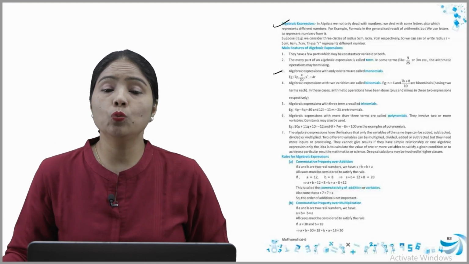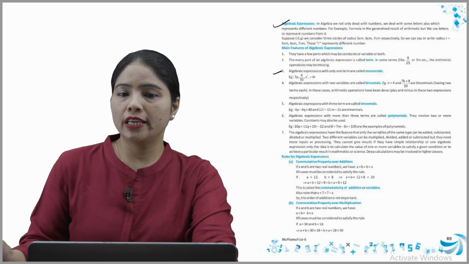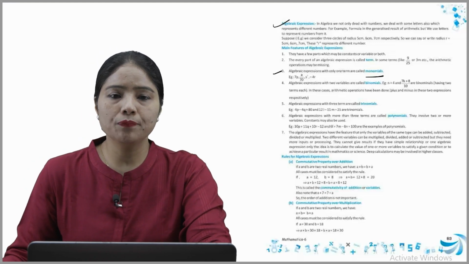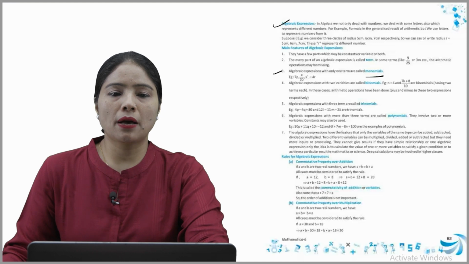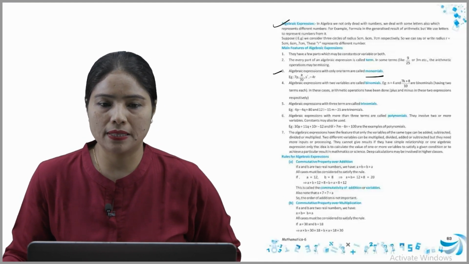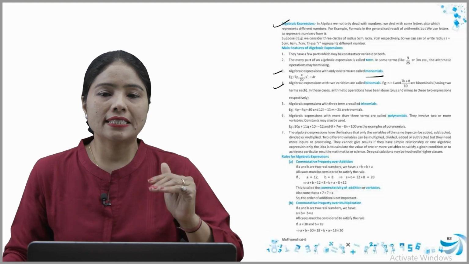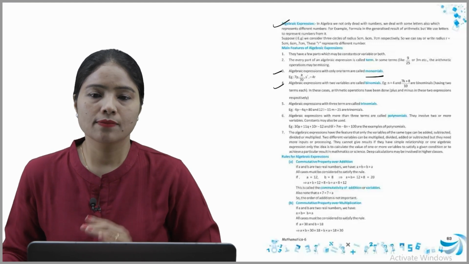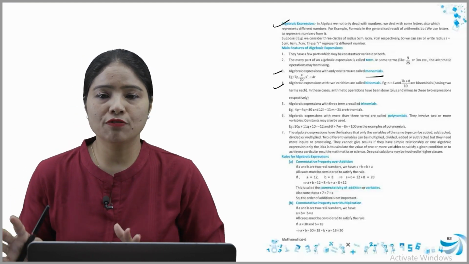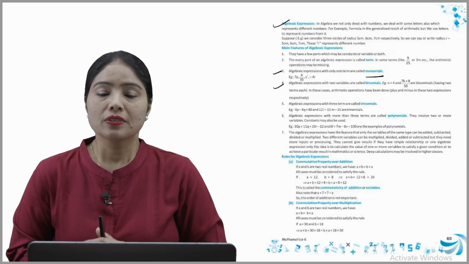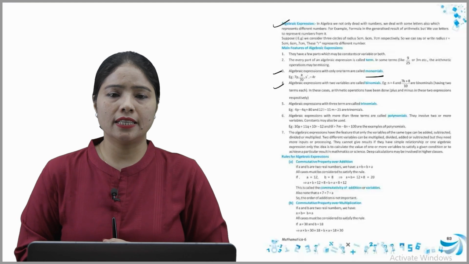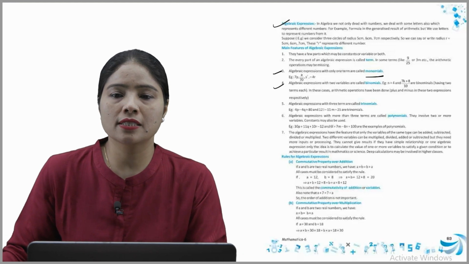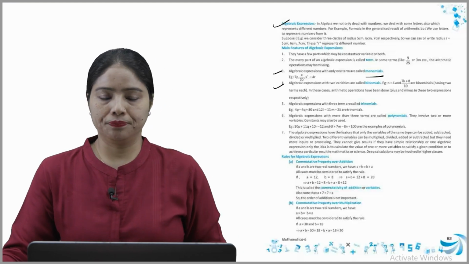algebraic expressions with only one term. Those which have only one term are called monomials, like 7p, a by 70 and s power 2 and minus 4. All these are examples. After that, algebraic expressions with 2 terms are called binomials. Means 7n plus 4 and 7k plus 8 by 10 are binomials having 2 terms each. So in these cases arithmetic operations, plus and minus, have been done in these 2 expressions respectively.